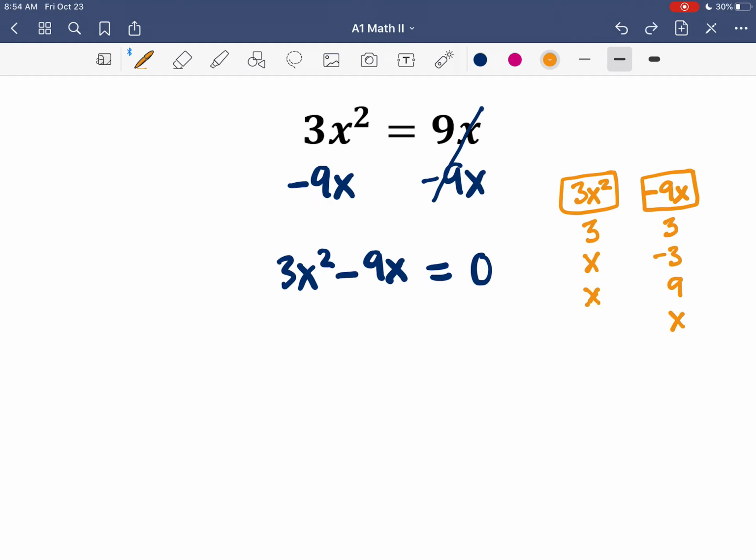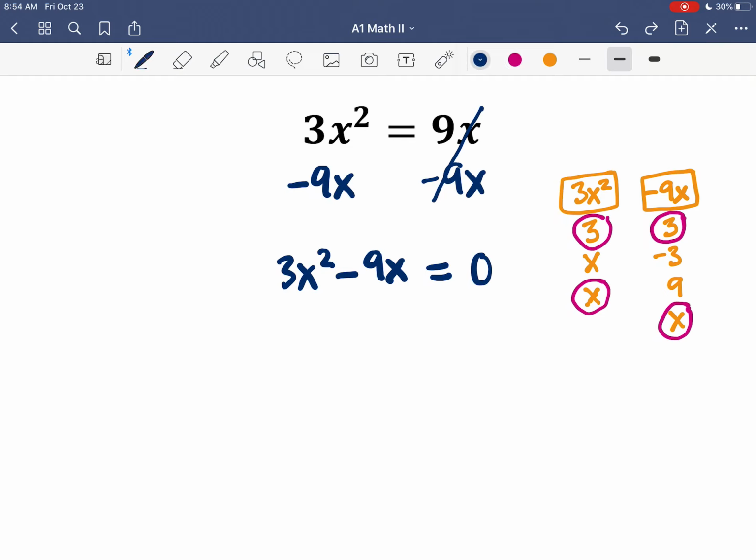And so then we were looking at our lists for these two separate terms, and we're trying to find things in common. So I know immediately that 3 goes into both of these terms because I have that listed under both of my terms. I also know that an x goes into both of them. I can't take out all of the x's because this one only has one x. This one has two, so we can only take one x out. But as soon as we've identified all of those things that can come out of both,